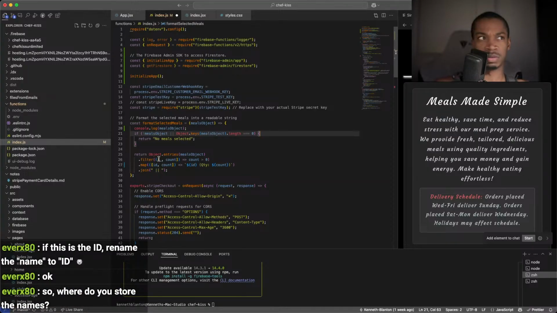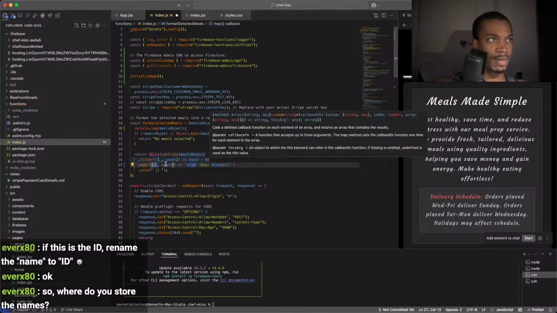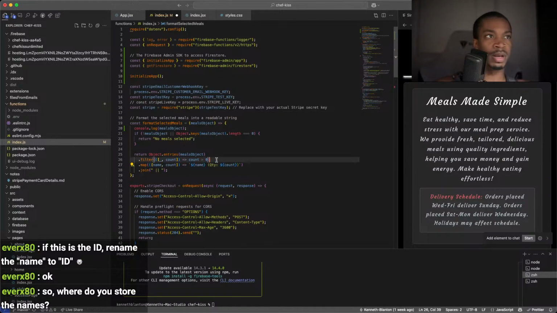So I'm filtering this for all. Actually, no, this would be name. Now in here is where I would do a function. But what would the